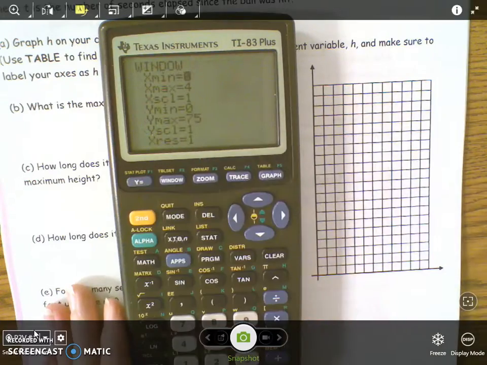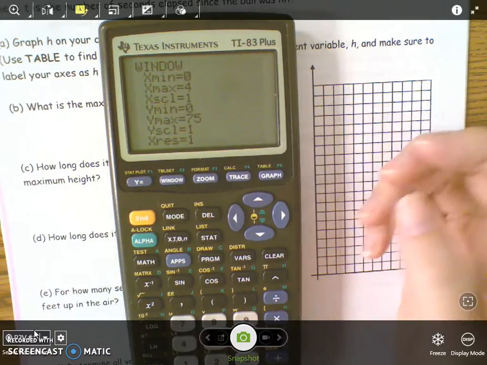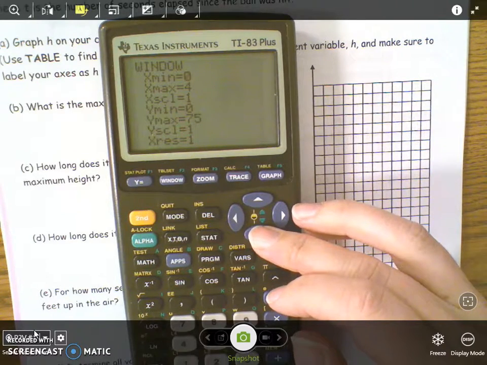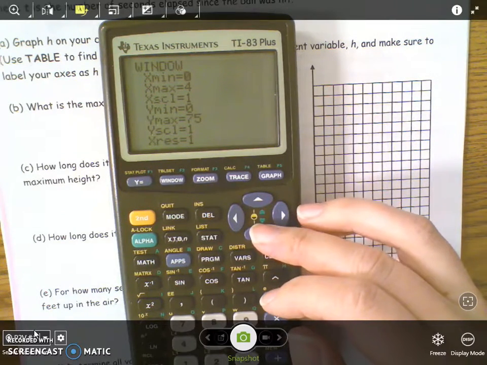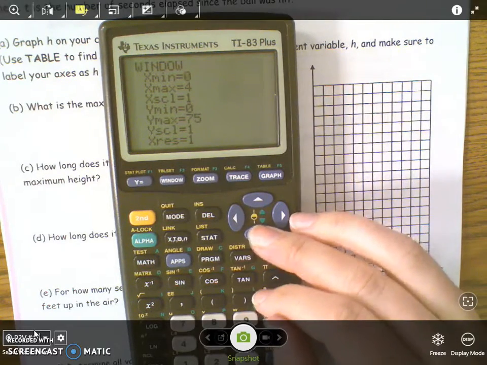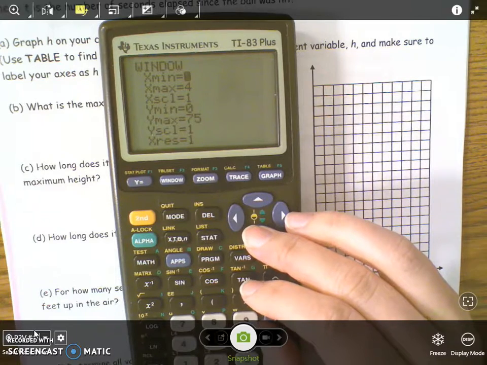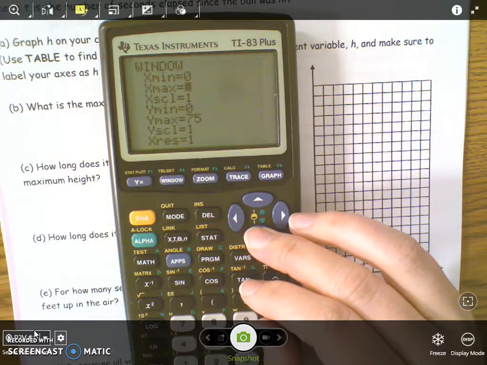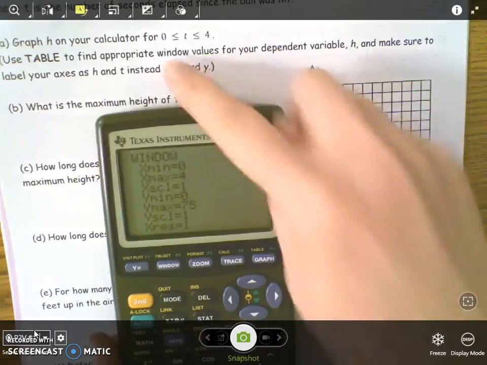Okay, now we want to set a window. Your window is most likely going to be set different than this. Sometimes you have to mess around to find a window, and we'll talk about that another time, but right now I'm just going to give you a window. So your x minimum is going to be 0, and your window is what part of your graph you get to see, because your graph goes on forever in both directions. Your x max is going to be 4,